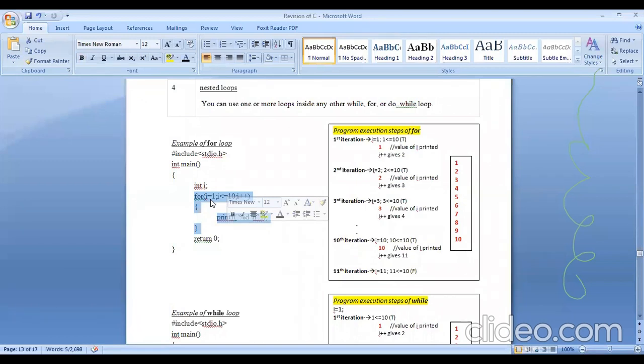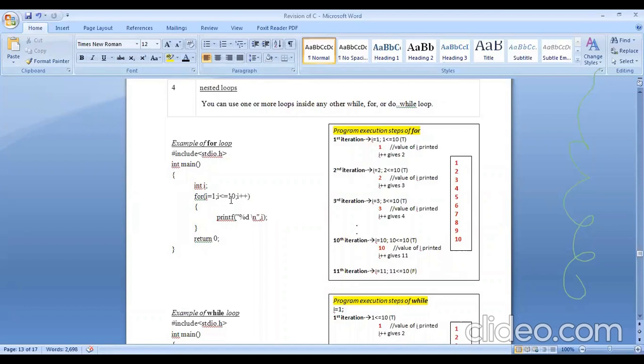First is always called the initialization. Initialization is where you will initialize a particular variable or counter that you would keep track of with every iteration. Next, we have the conditional part. Here we check for conditions, and iteration, the repetition of the loop, will take place based on the given condition.